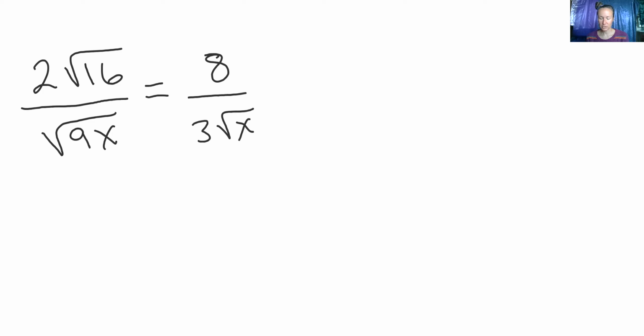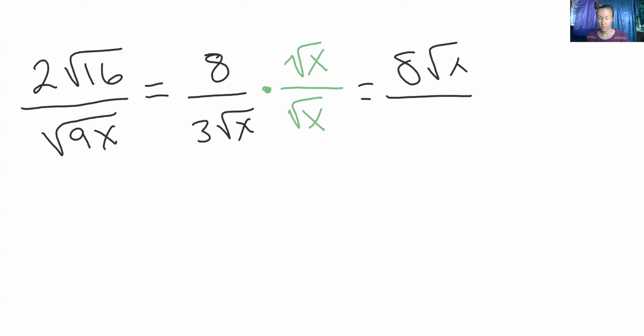So now when we ask ourselves, what do we need to multiply by to get this square root of x to not be a square root anymore? Well, we just need a second factor of x inside a square root. So we're going to multiply by the square root of x over the square root of x. When we do that, we get 8 root x over 3 times the square root of x times the